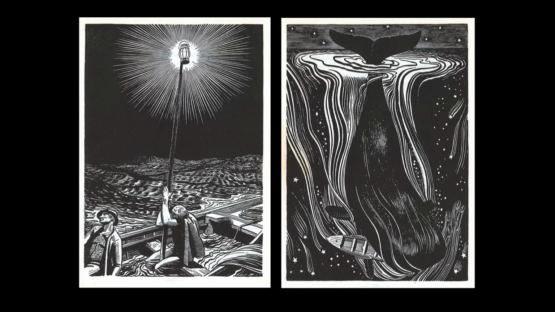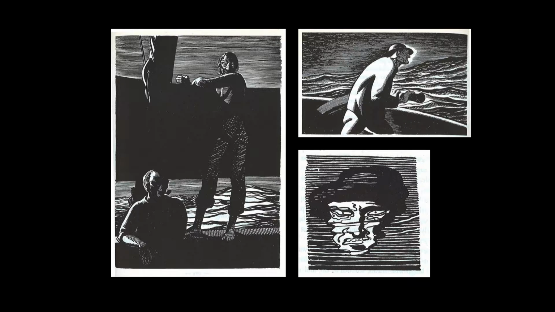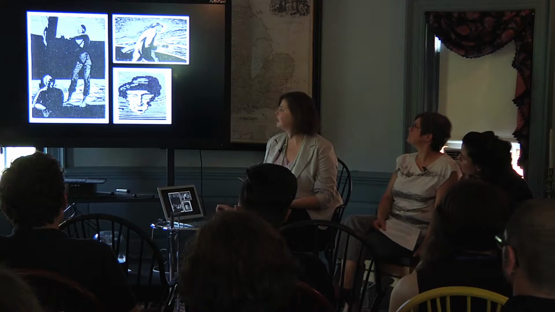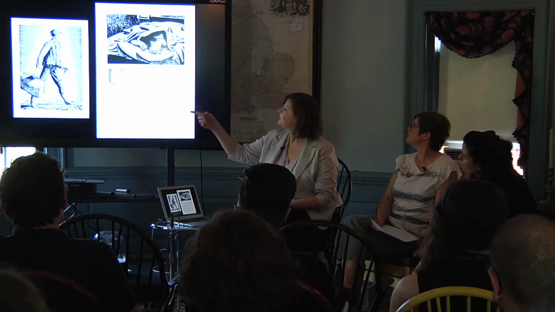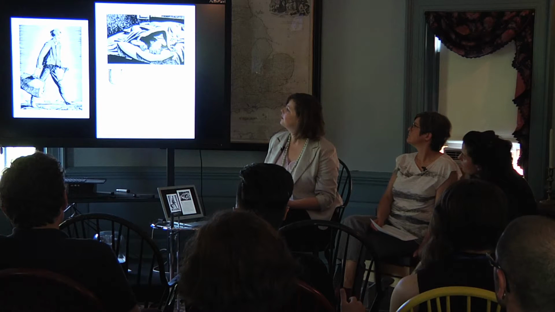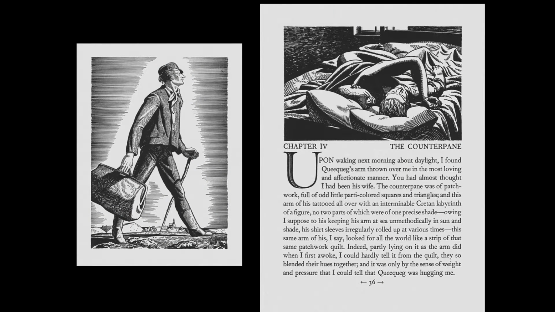This is, I think, a really wonderful representation of Ahab looking down from the side of the ship into the water, and you see his face is cut up by the waves. You see the work of sailing and these collectives of laborers represented very lovingly. This is Ishmael over here, setting out for Nantucket. And here's Ishmael in bed with Queequeg very early on in the book, the harpooner who became his bosom friend.